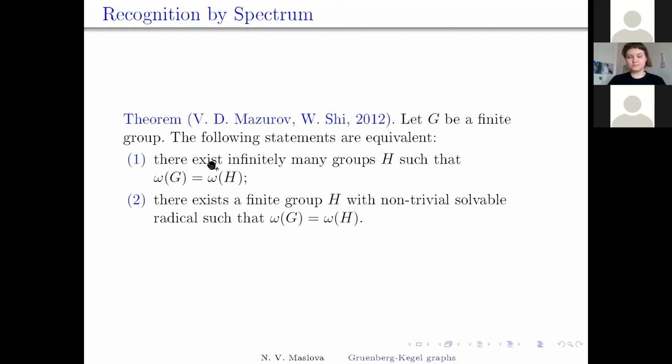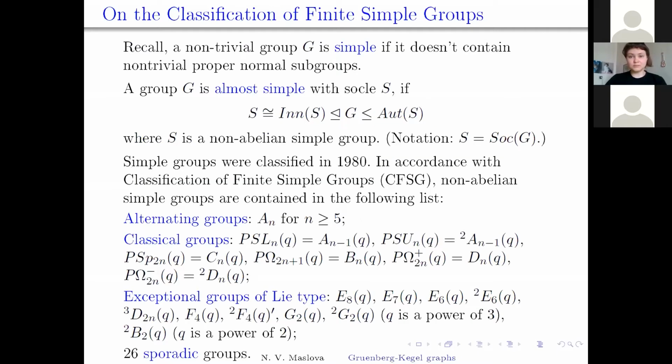This theorem is a criterion of unrecognizability of a group by spectrum. A corollary of this theorem is that only groups with trivial solvable radical can be recognizable by spectrum. This direction is well known and deep, and there are many deep results in this direction. Let me first of all mention some important parts of finite group theory, and then I will continue